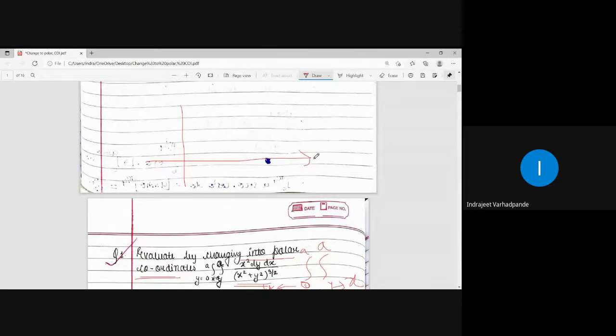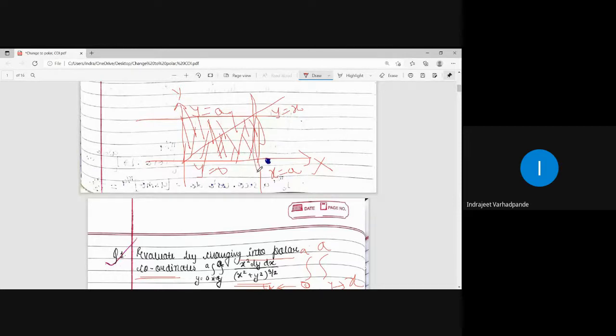This is particularly the x-axis, this is the y-axis, this is line x is equal to a, this is line y is equal to x, this is line y is equal to a, this is line y is equal to 0. This is what I have got usually, right? Now y is equal to 0 means this is the region to be taken into consideration, right? For y is equal to a, the region bounded by this, or area under this particular line, is this portion.